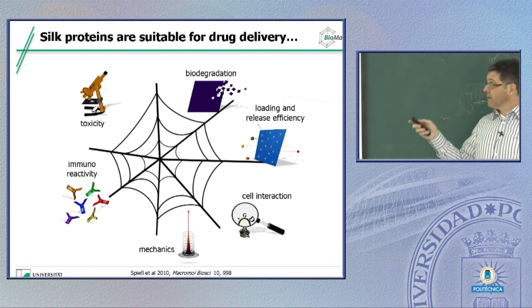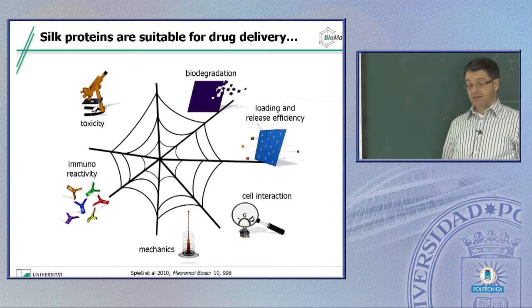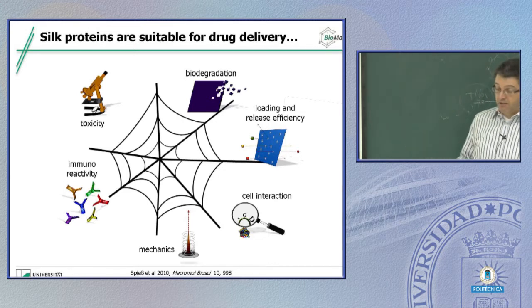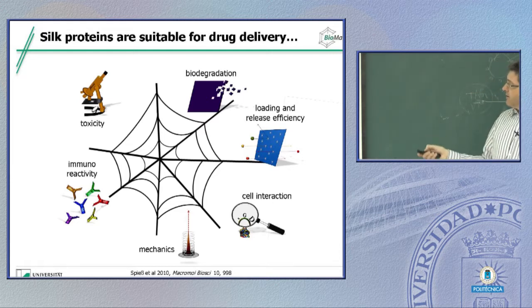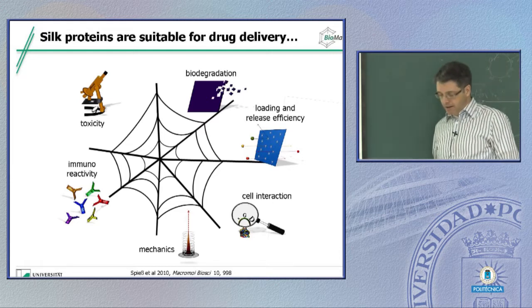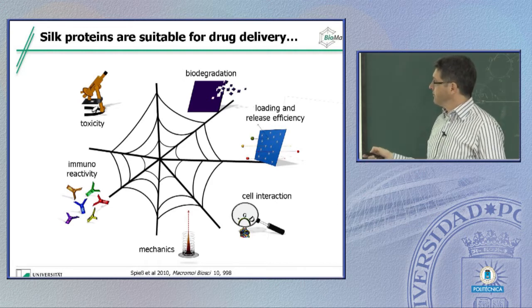But I'll show you later some examples where we've tested in rabbits and especially in rats that there's no immune reaction even after a year. Now the final question is cell interaction, and this is a very important one because the big question, of course,